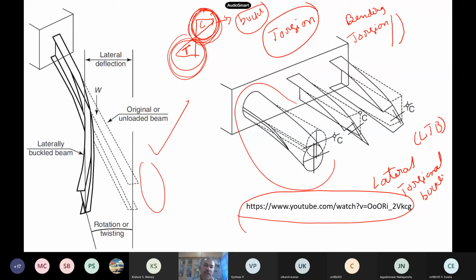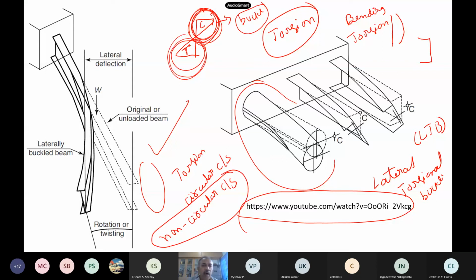And now in torsion, what is another most important thing? So when you are having these types of shapes, I sections and such shapes, what is the most important thing? And suppose in your mechanics you would have studied torsion of circular cross sections. Now suppose for non-circular cross sections, what is a very important thing? What is another extra thing which comes into picture? Now, what extra thing you have to do for non-circular cross sections?